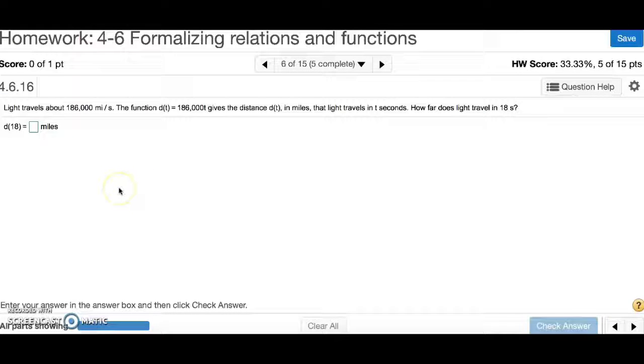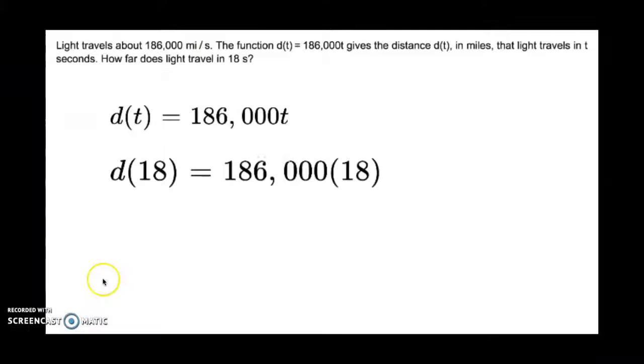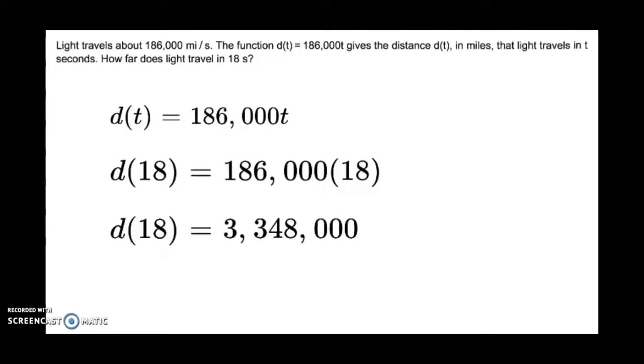Number 6. Light travels at about 186,000 miles per second. The function d of t equals 186,000 t gives the distance d of t in miles that the light travels in t seconds. How far does the light travel in 18 seconds? What we need to do is substitute in 18 for t and multiply them together. So let's do that. So replacing t with 18 and multiplying them together, we get